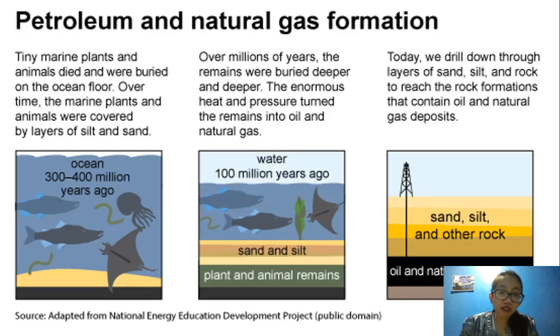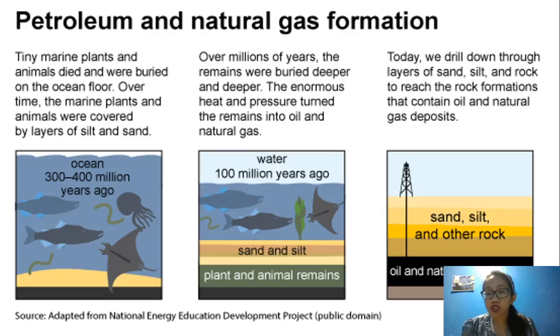As I mentioned in the previous slides, this is how petroleum and natural gas are formed. You have marine plants and animals, like zooplankton and algae. Millions and millions of zooplankton and algae eventually died way back in the history of the earth, and their bodies, those organisms, got buried underneath the Earth's surface. Now, due to the heat and pressure of being underneath the ocean, they turn into oil or natural gas.